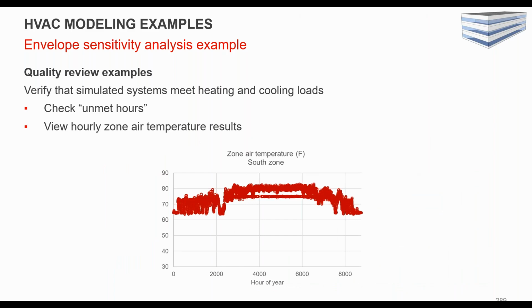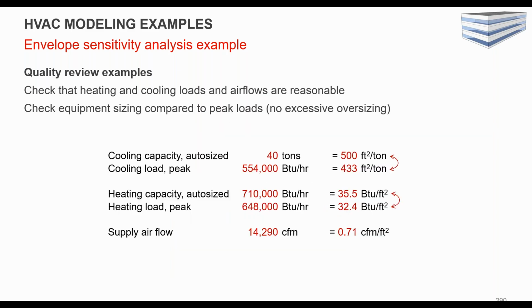Other things to do is to check that you're actually meeting heating and cooling load. This is something, if anybody's done any amount of modeling, you know is painful sometimes when you cannot get a simulation to converge. So check the unmet hours, look at the zone air temperatures. In this case, it's doing setbacks and hitting through the summer. So other things just to look at and make sure. And again, if you're doing compliance, that obviously will show up.